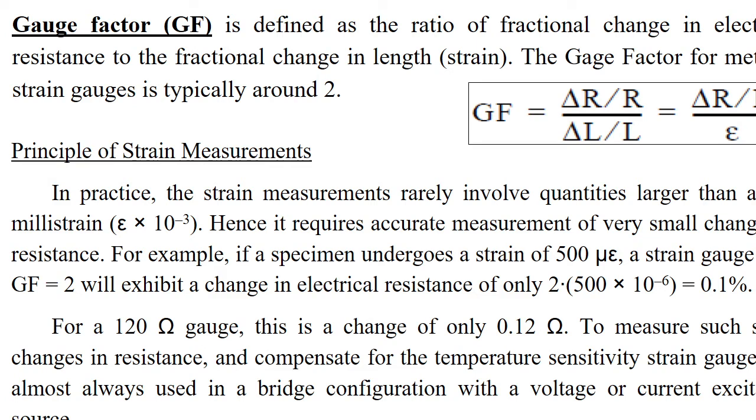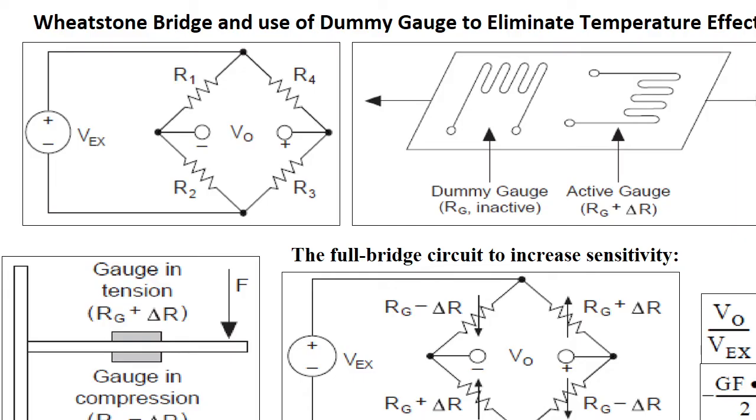So what is the gauge factor, the gauge resistance, etc.? These parts are known. So let us see how the experiment was carried out. There are two parts of it. The first part was using a half bridge, where